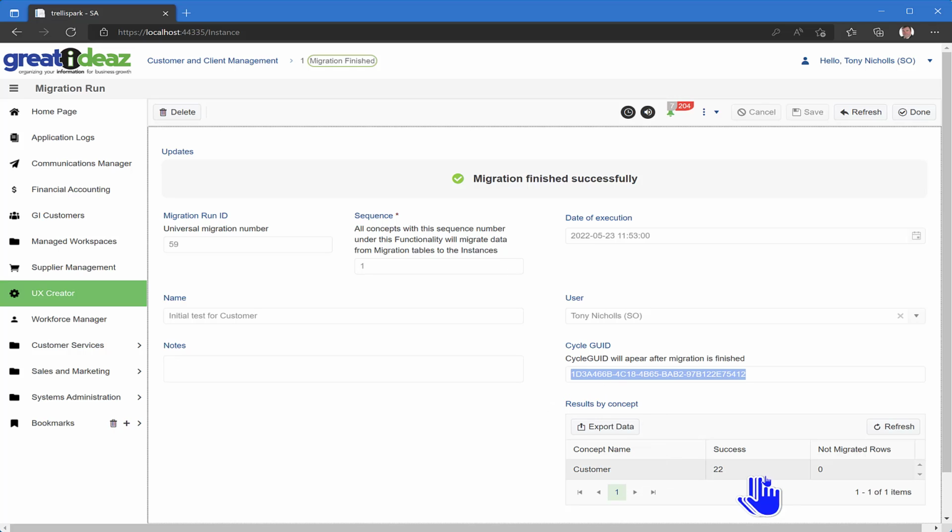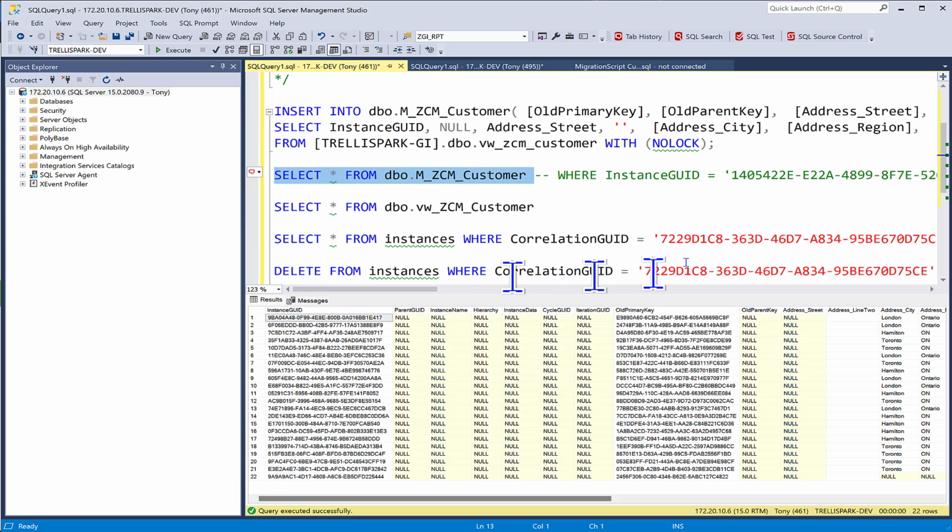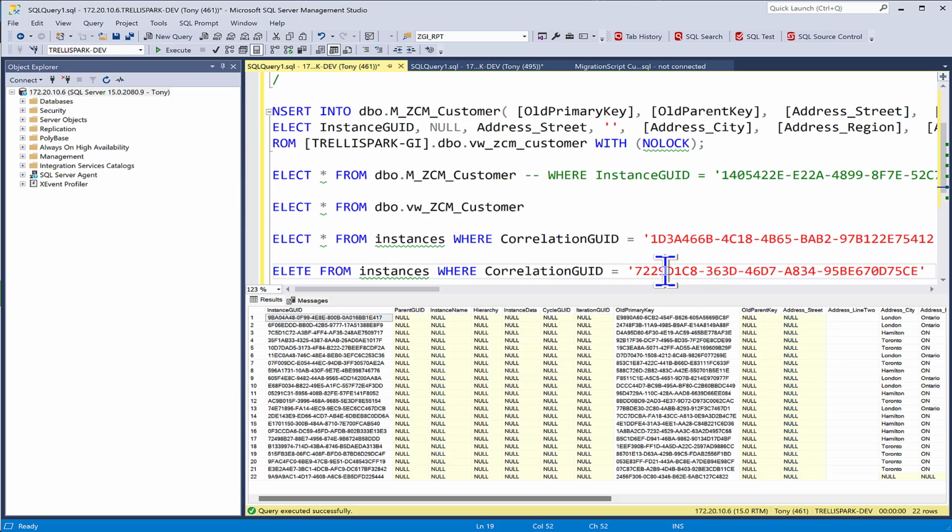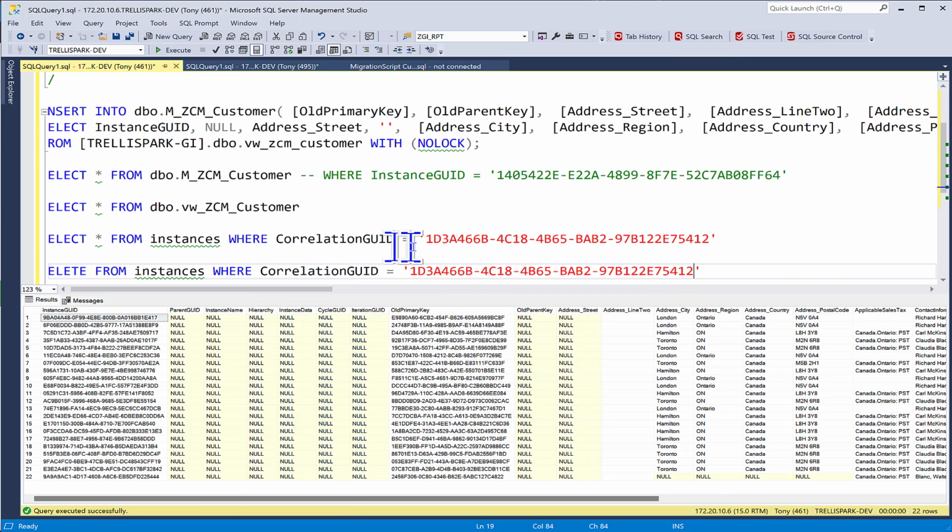And you can see that as far as the migration is concerned, it successfully imported 22 rows. So this is good, right? So let's go and have a look and verify that it's done what it said it was going to do. So what you can see here is I'm just going to save my migration key here. Let's get rid of this. And now if we go and have a look here,